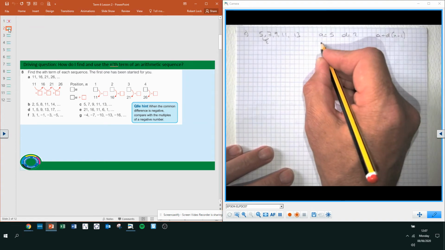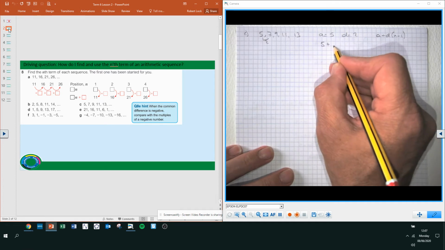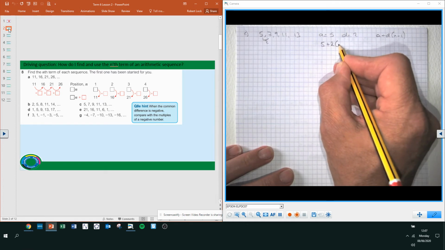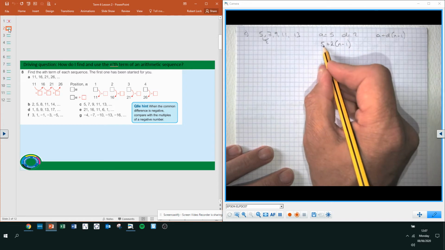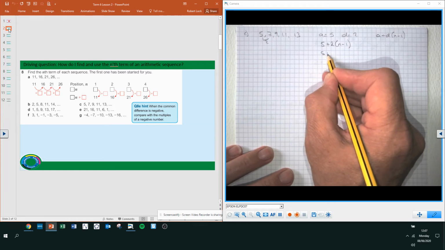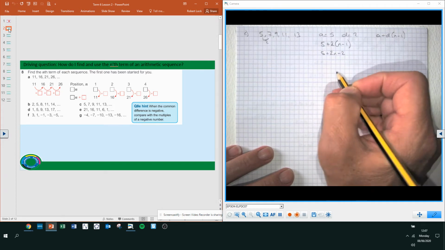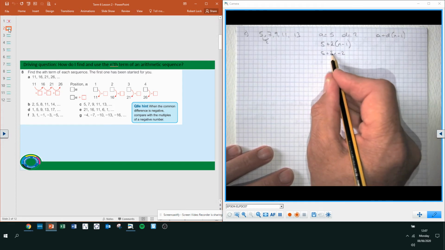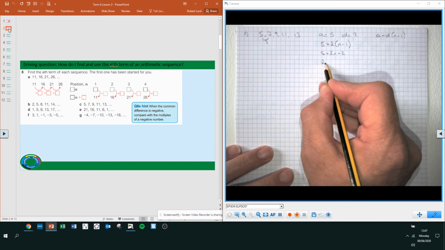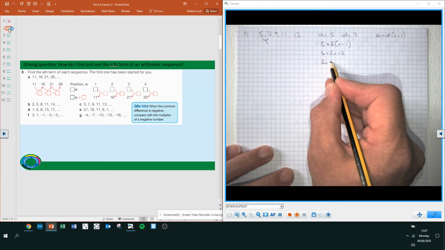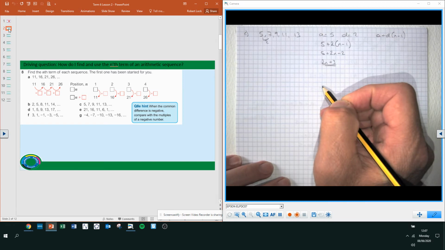A is 5 plus difference is 2, n minus 1 bracket. So 5, 2 times n is 2n, 2 times minus 2 is minus 2. Collecting like terms, 2n, 5 take away 2 is plus 3. Next one,